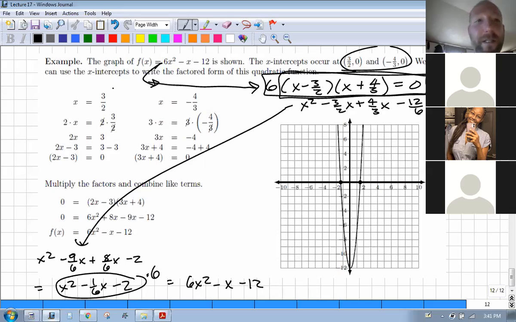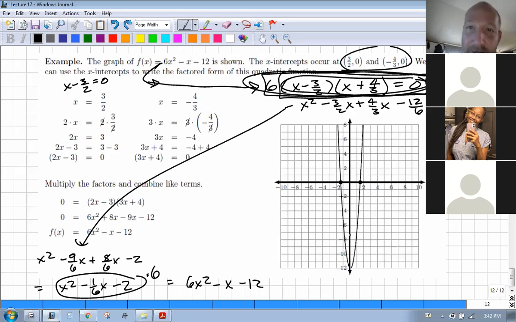So the way they do it is they say, okay, set x equal to each intercept. And instead of just subtracting 3/2 from both sides, so you'd end up with x minus 3/2 equals 0, they multiply everything by 2 just to get rid of the fractions. All right. So the difference between this guy and just this guy is a factor of 6. All right. If we left the 6 out, it would go through the exact same spot, but it would be,